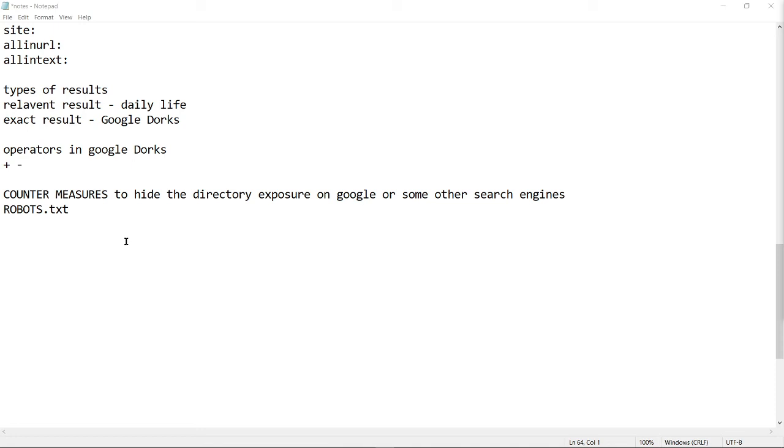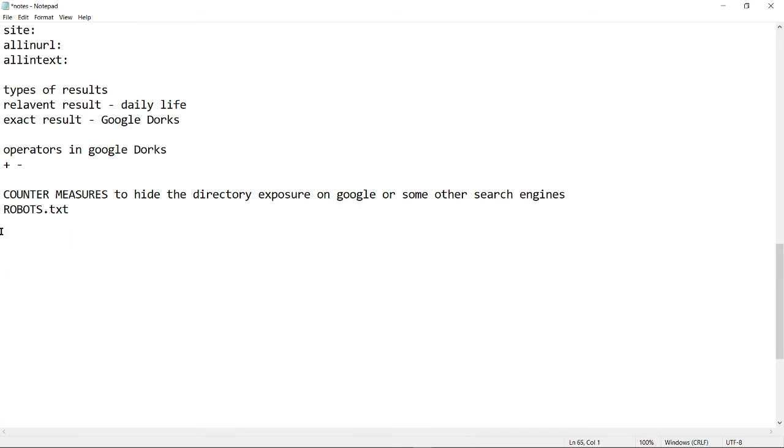They will be allowing or disallowing contents, like typing allow home and disallow wp-admin. Only such configuration is done in this robots.txt file.